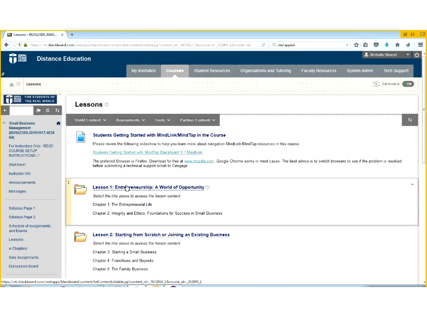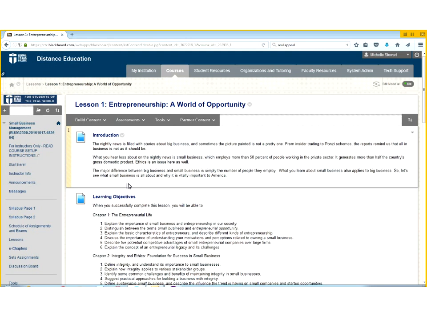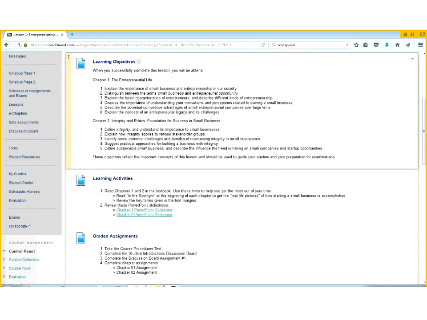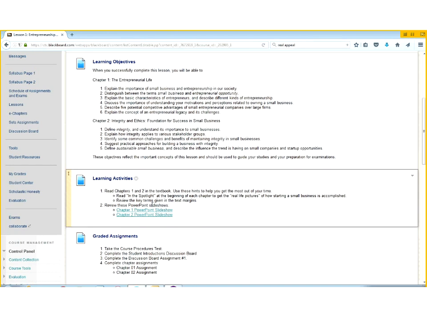Okay, so we're back into Lesson 1. Let's open that up and see. If there's an underlined topic, then there's material behind it. Here, you find the objectives of chapters 1 and 2. You also find PowerPoints. My suggestion to you is to read the book, and as you're reading, print out the PowerPoints, put them beside you, and make notes on the PowerPoints. That way you'll cover all the information in the chapter.